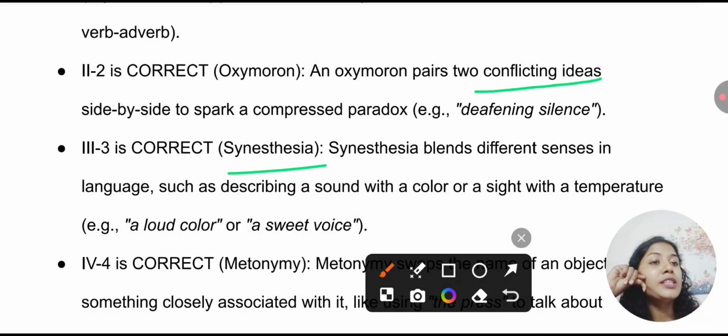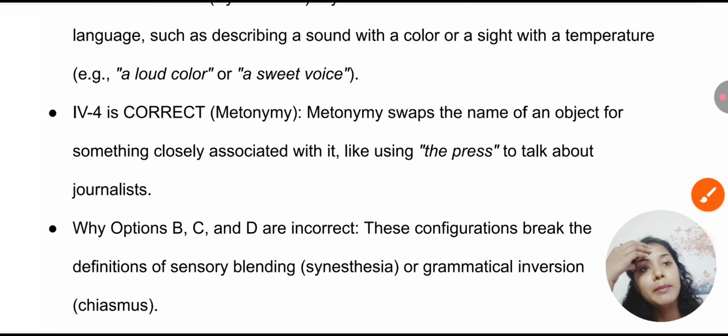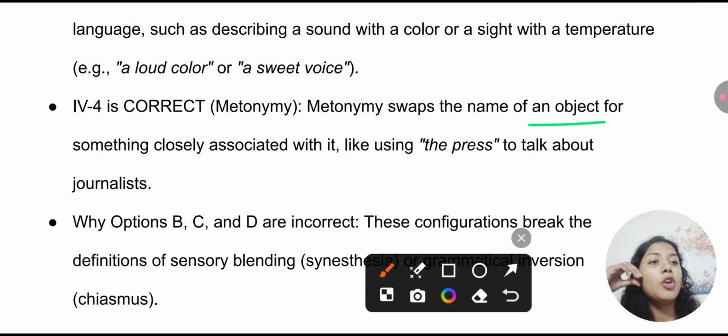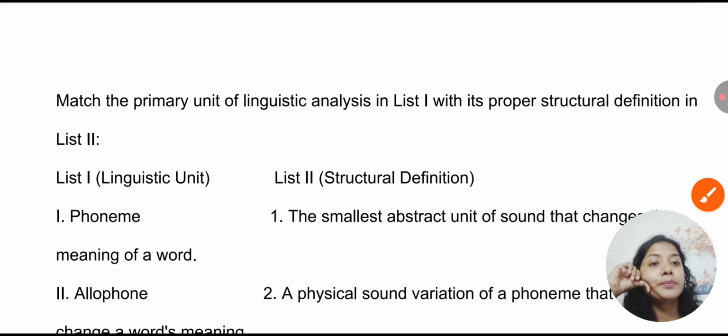Synesthesia blends different senses in language, such as describing a sound with a color or a sight with a temperature. So you can imagine a loud color or a sweet voice. Metonymy swaps the name of an object for something closely associated with it, like using the press to talk about the journalist. Okay, so press also refers to the iron that we use on our clothes. Okay,